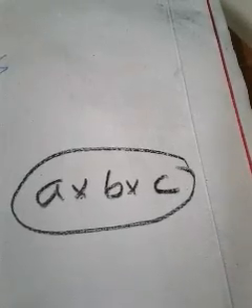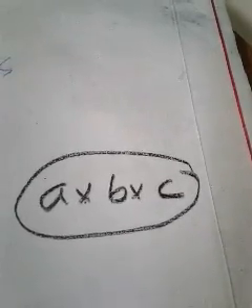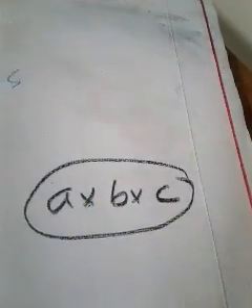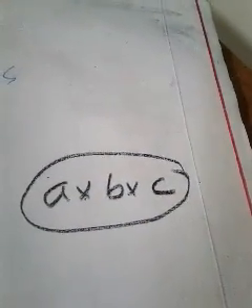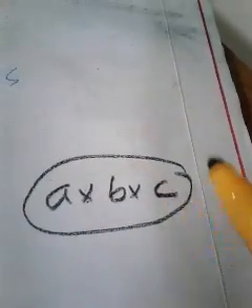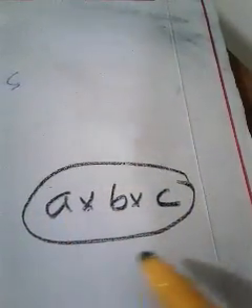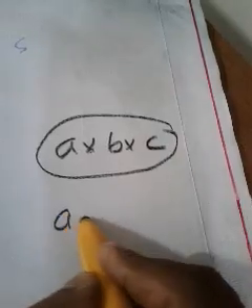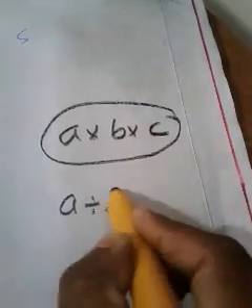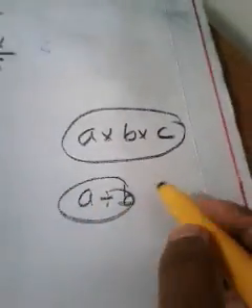You can consider multiplication and division like friendship. If you are maintaining that much friendship between your friends, then no one can separate you, isn't it? Just like that, multiplication and division will not separate the term. So a into b into c you can consider as a single term. And one more thing, a divided by b is also a single term.